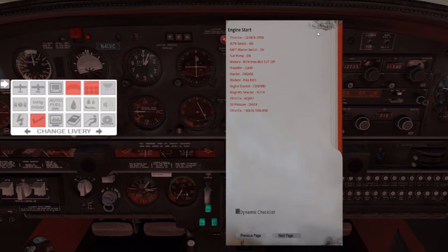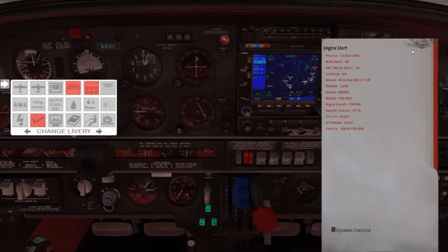Okay, throttle, we're going to get throttle at half inch open. So it's about right there. Alternator switch on, yeah, we already did that. Battery master switch on. Fuel pump on. This sounds good. And you can see fuel pressure comes alive there, which it does not do in a lot of other planes. Mixture to rich, then idle cutoff, prop clear,